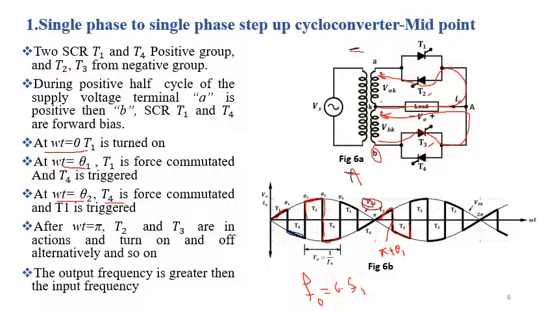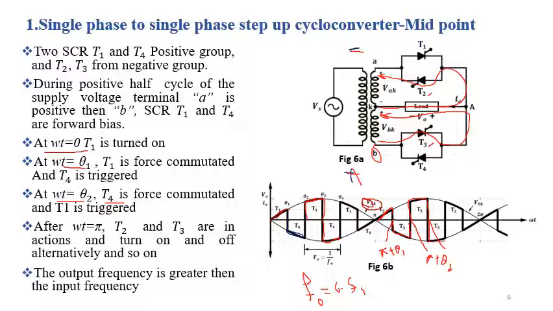So this is the point pi plus theta 2. Again at pi plus theta 2 we are triggering thyristor T2 and T3 is force commutated, and we are getting this output voltage. And at point pi plus theta 3 we are triggering thyristor T3 and T2 is force commutated,